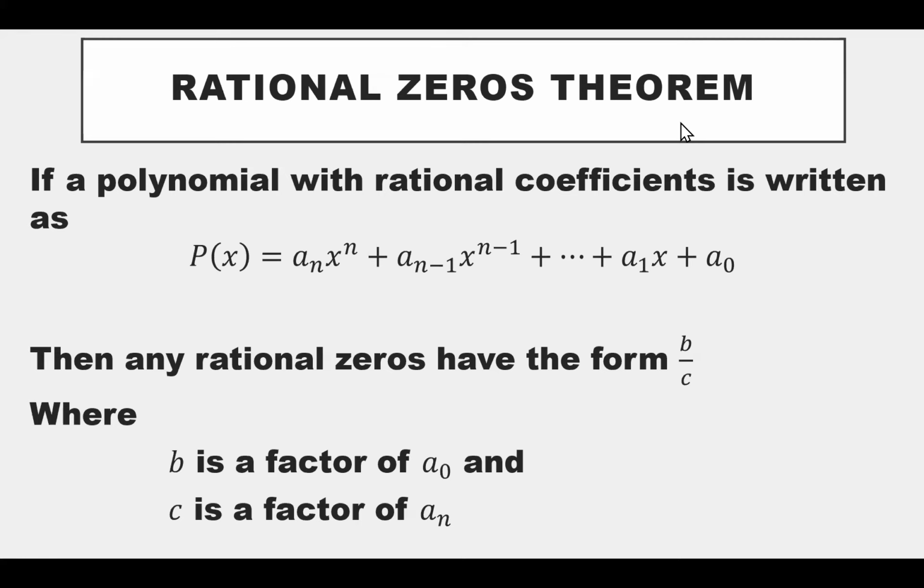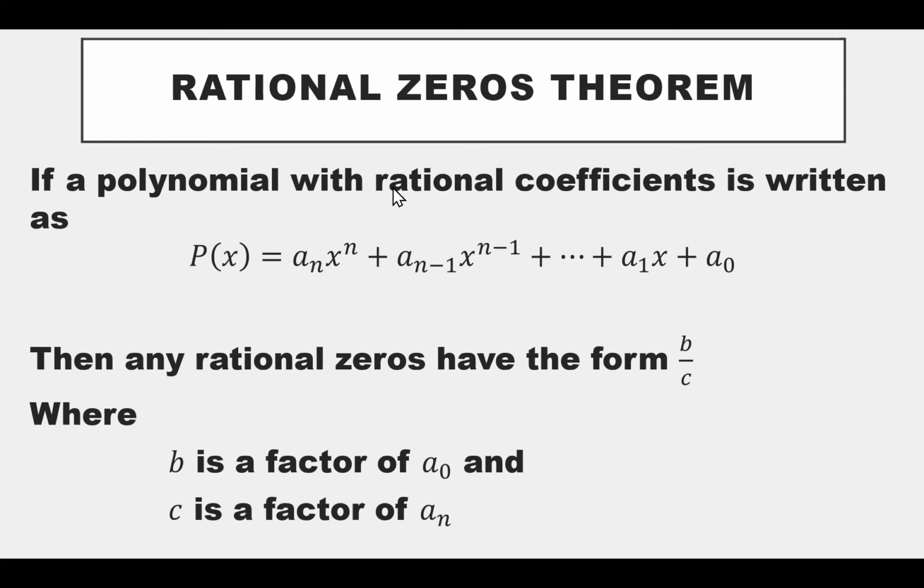So the obvious question goes like this. What if we are not given any starting information? What if we don't know a given root or a given zero? Or what if we don't have any initial information? Where can we go about trying to find zeros as opposed to just trying to plug in every number we can think of and checking? Well, there's something called a rational zeros theorem